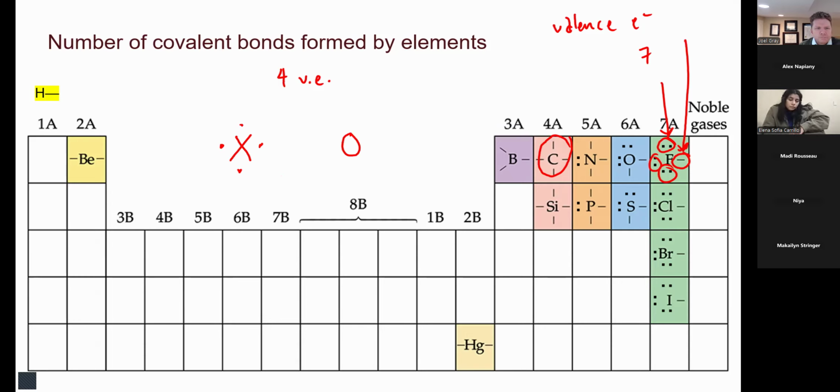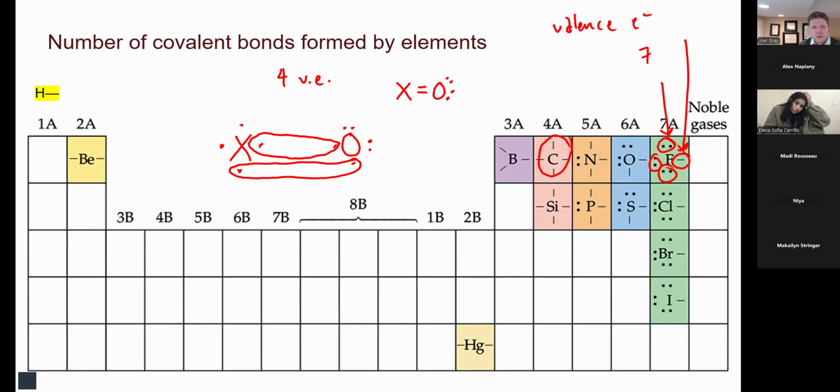What if we had an oxygen? Oxygen brings in two, four, five, six. Does oxygen want to reach an octet with eight electrons around it? It does. So oxygen is going to see atom X and say, oh, hey, we can share. Oxygen's like, that's a good deal. And X says, yeah, that's a good deal for me too. And then we can share these as well. And X is going to say cool, and O is going to say cool. So now we've got something that looks like this, something known as a double bond. This corresponds to four electrons.